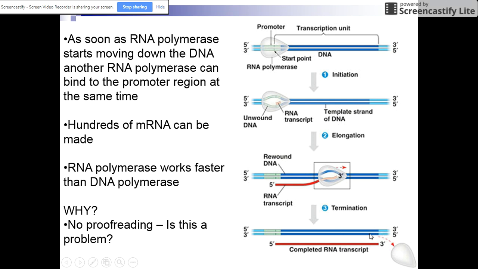But it should also be noted that as this one RNA polymerase is moving along the transcription unit, the promoter region is free to have another RNA polymerase bind to it. So you could have an RNA polymerase here and another one is binding here. So you're making many copies of the mRNA. It's not like you just make one copy and that's shipped out into the cytoplasm. Obviously, the cell needs to produce a lot of the protein, hundreds